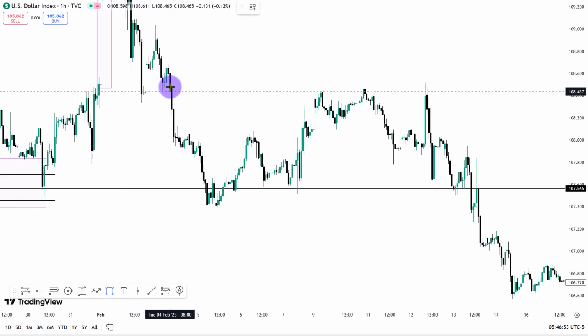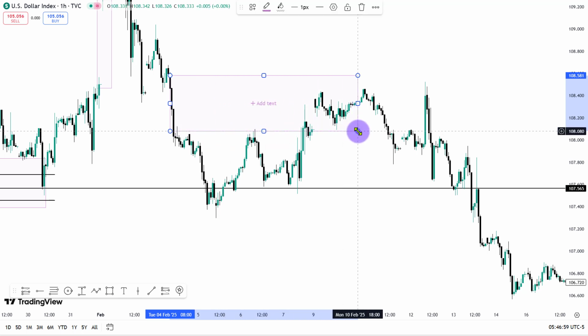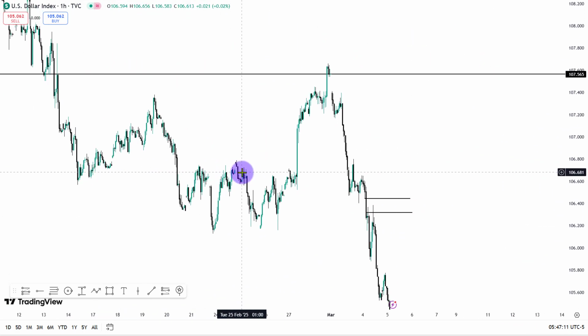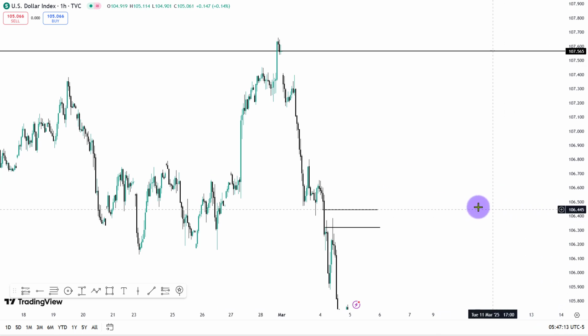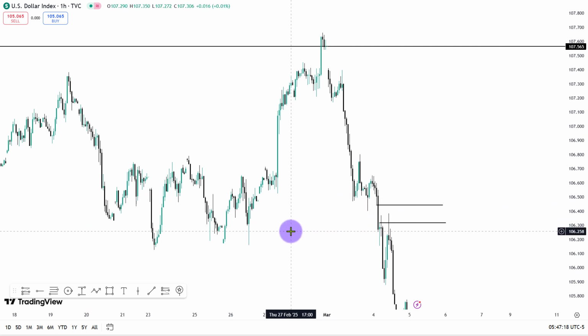Look at another area in price action here. When we see price action create one-sided price delivery, that is liquidity void. You see that most people will be eager to sell from here, but if you are patient enough, you'd see price action mitigated that inefficiency in price action before the next expansion lower. Again and again, you'd see these things print out in the charts because they are significant